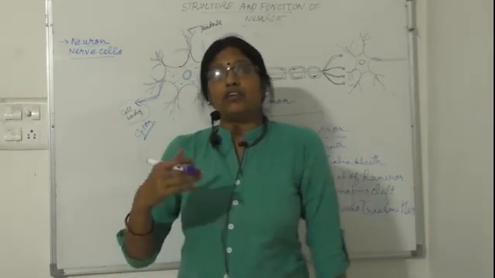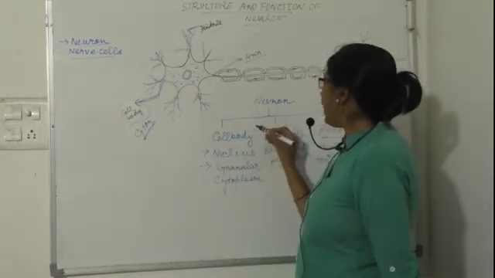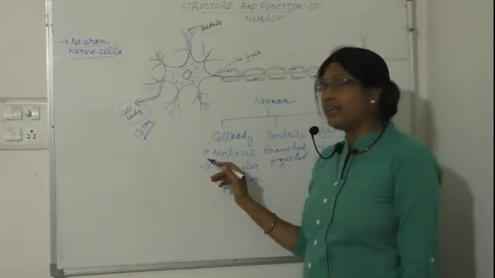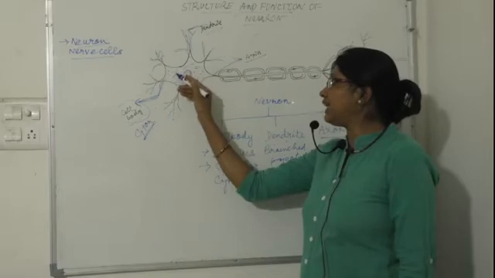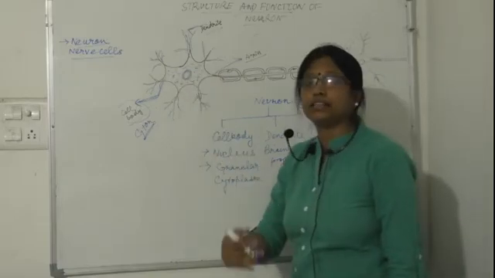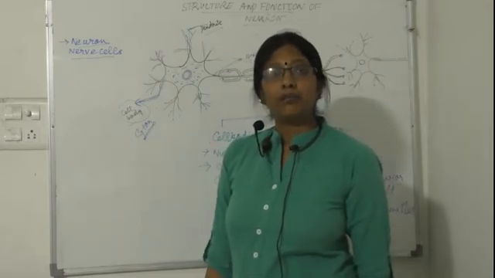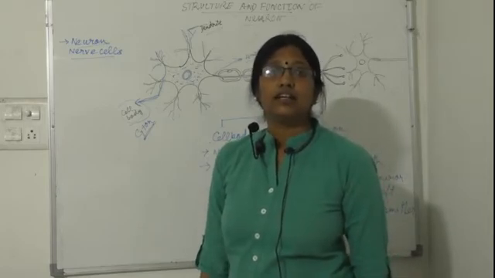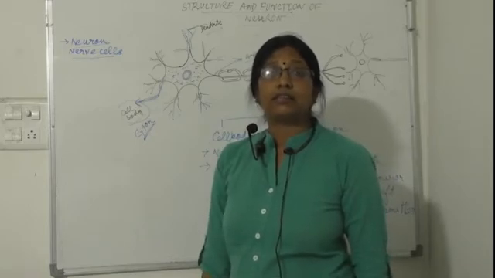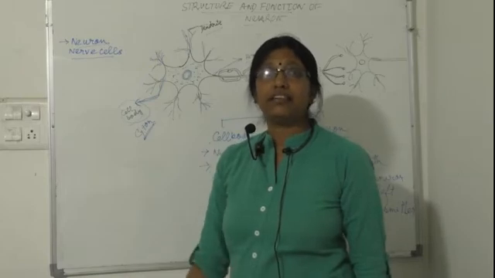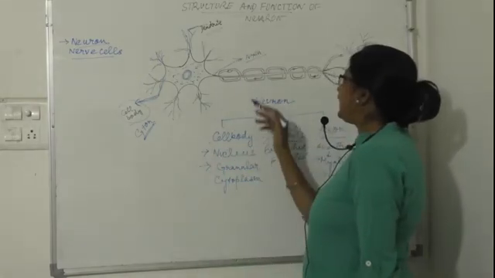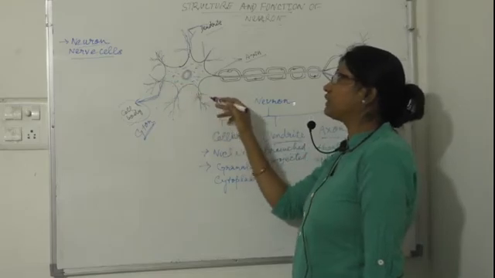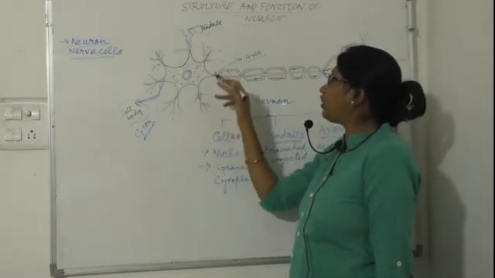So okay, now revising the whole topic, there are three parts of neuron: cell body, dendrite and axon. Cell body is having a well-defined nucleus and granular cytoplasm, and cytoplasm is having all the organelles, Golgi bodies, endoplasmic reticulum and so on, and centrosome is not there because nerve cells lose the capacity of cell division. Okay, next is dendrite. Dendrite is the branched projection of cytoplasm. These are dendrites of neuron. Now the largest